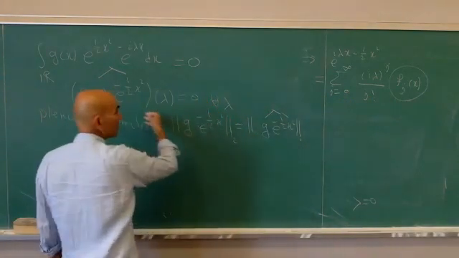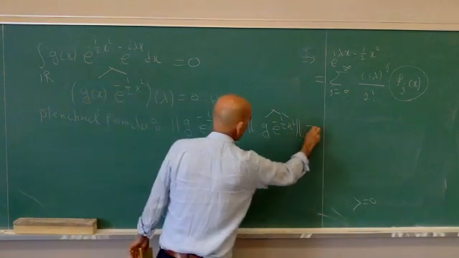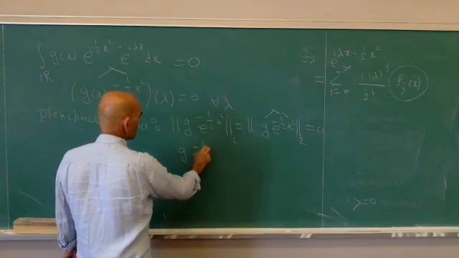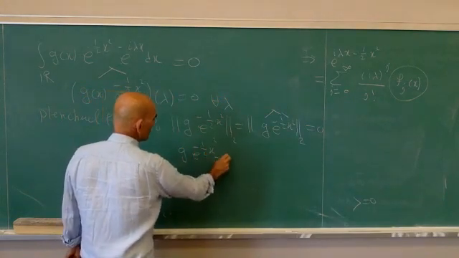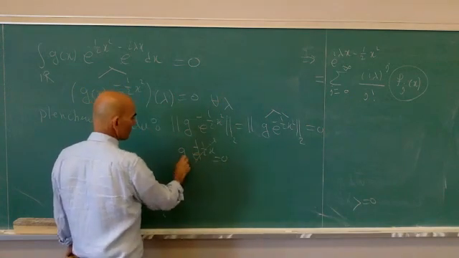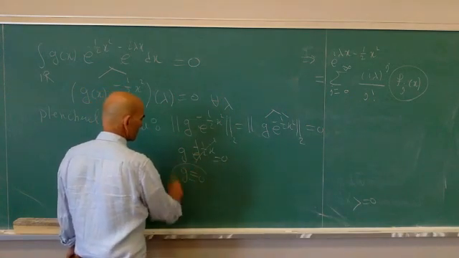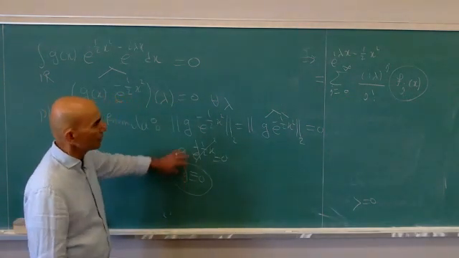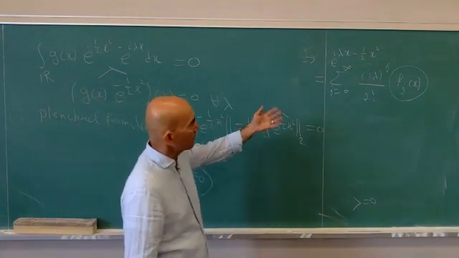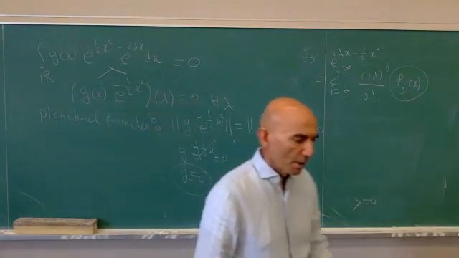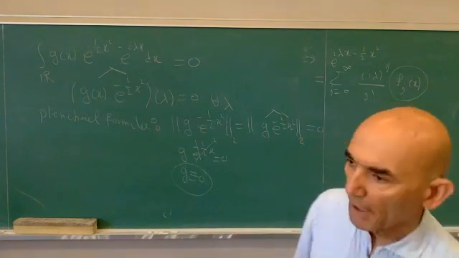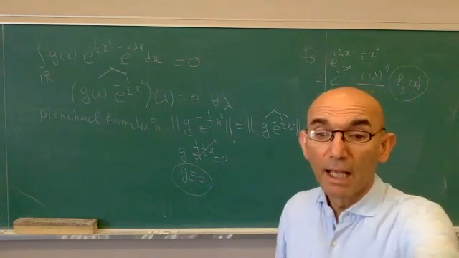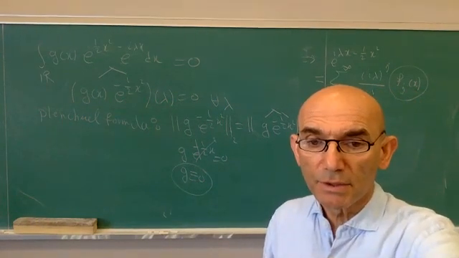But we just discovered that this is 0. So g e to the minus 1/2 x squared is equal to 0. But this Gaussian is never 0, so g is 0. So this is the argument to show that these Hermite polynomials times Gaussians form an orthonormal basis, a complete orthogonal set. And okay, so let me just